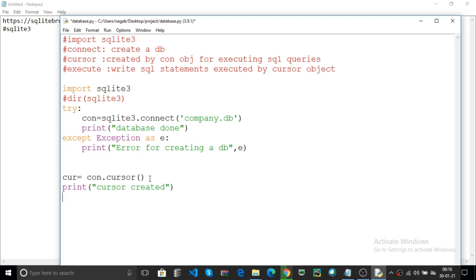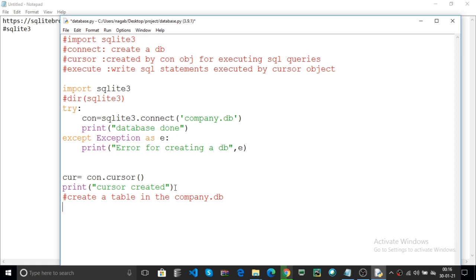Now after creating a cursor, you can execute your SQL statements by using the cursor object. You can use cur. Now first I create a table in the database company.db.